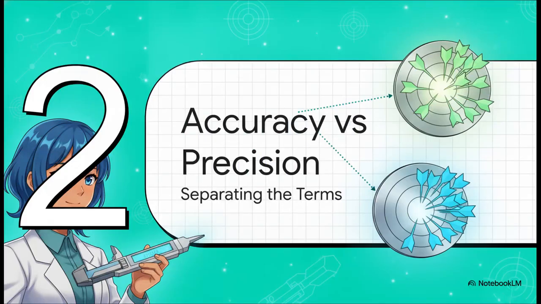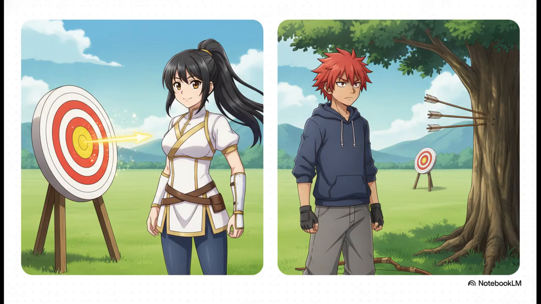Moving on to section 2, accuracy versus precision. Let's separate these terms once and for all. To really handle that margin of doubt, we have to stop using accuracy and precision interchangeably, because scientifically, they are totally different beasts. Accuracy is all about how close your measurement is to the actual true value. Precision strictly measures reproducibility. It's just how tightly grouped your repeated measurements are, completely regardless of whether they are right or wrong. You could have an incredibly precise set of data, all clustered tightly together, but if they're nowhere near the true value, well, your accuracy is terrible.